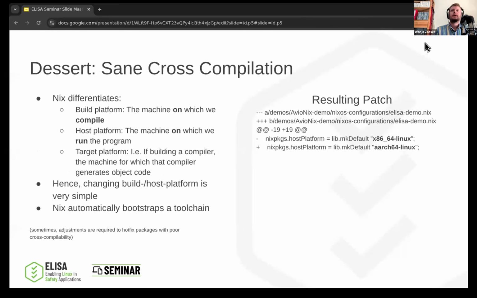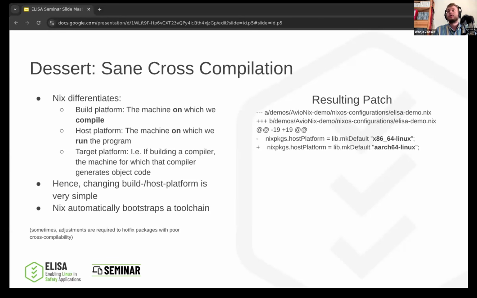So the build machine is the machine that currently is heating up my office compiling another version of the Linux kernel. The host platform is the machine on which we want to run the program. In our case, we are not doing cross-compilation, so build platform and host platform are equal. But in other cases, this is not necessarily true.